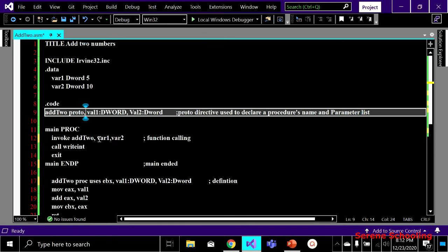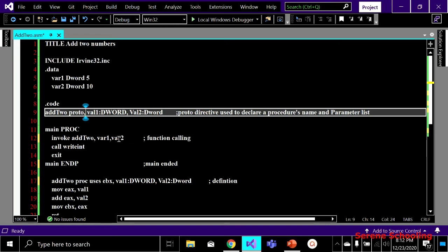And here we are not going to write the data type, like here we have written dword and dword, because here I am just calling. I don't have to declare them specifically because I have declared them over here. These two values 5 and 10, through this statement I am passing these two values to my add2 procedure. You have to compare this statement with some other high level language so you can understand it very easily,